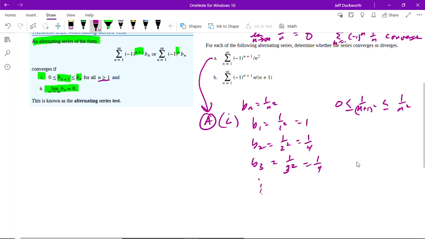Now let's check number 2. We take the limit of b_n. The b_n here is 1 over n squared, and this equals 0, because as our denominator gets infinitely large, this is going to go to 1 over an infinite number, which is 0. We don't have anything on top disrupting anything, so we don't have to do any other checks, no L'Hopital, nothing. So according to this, this converges